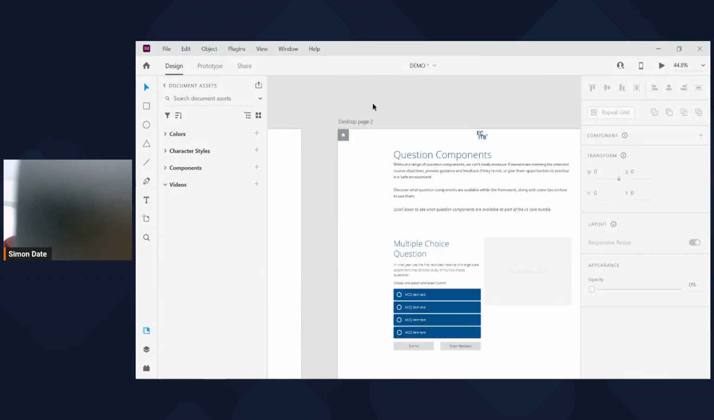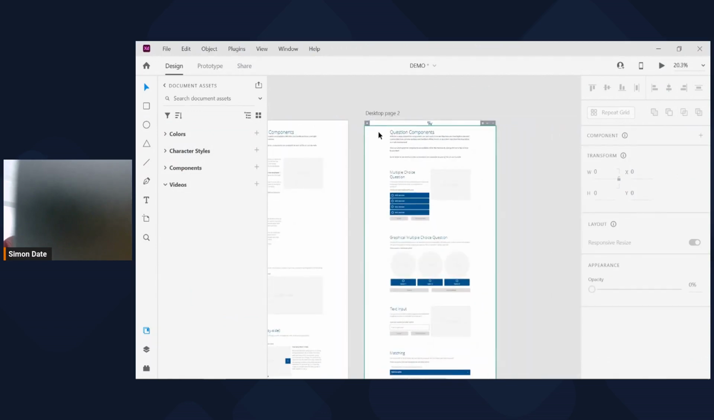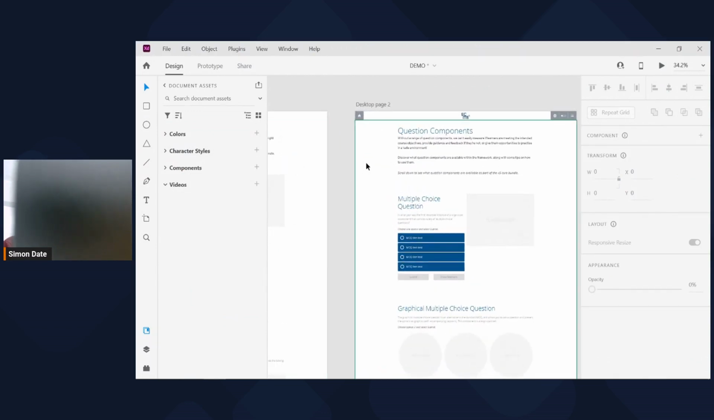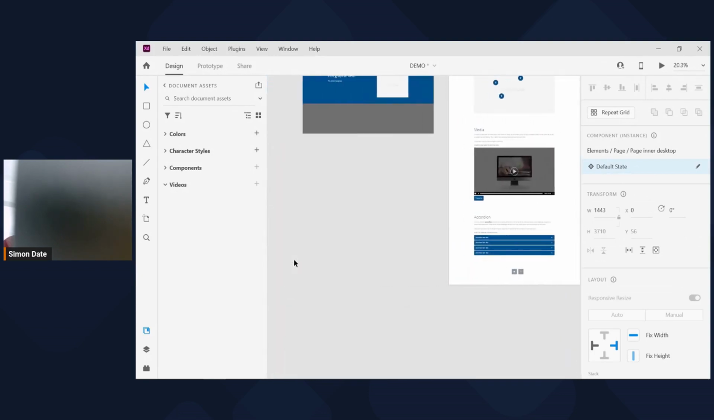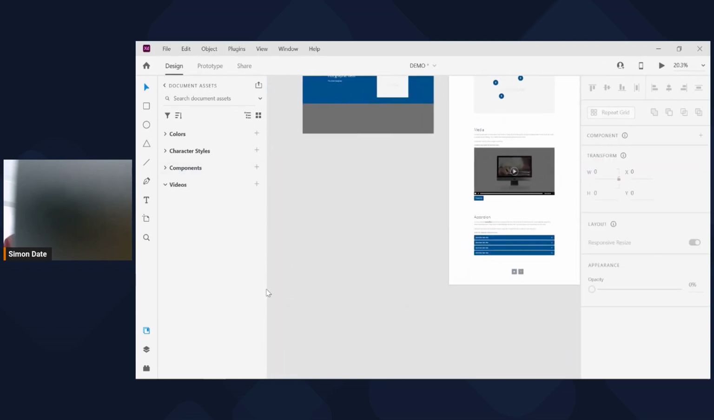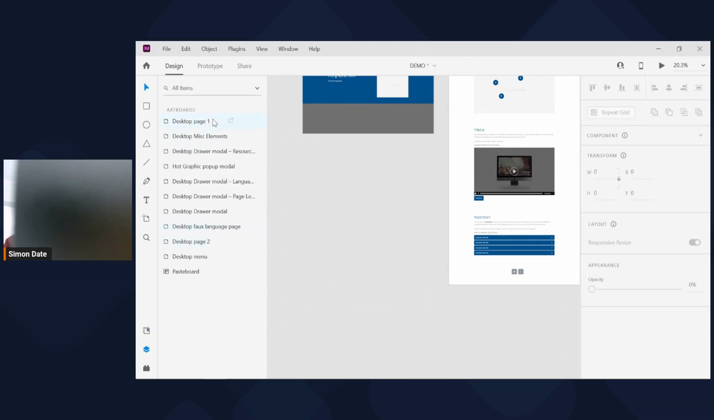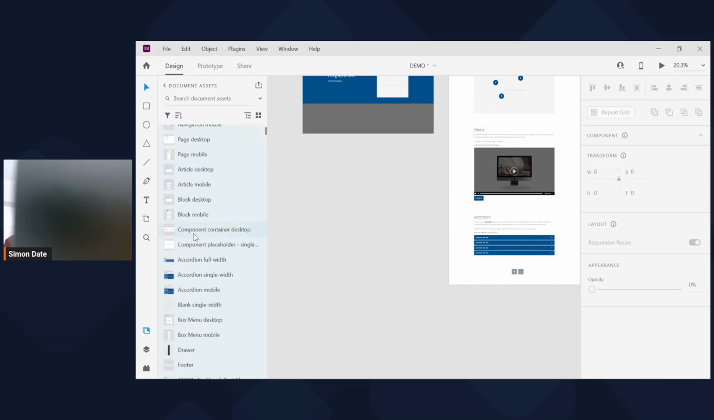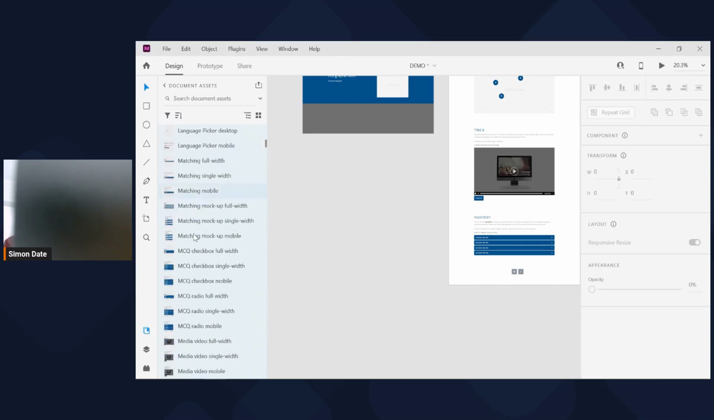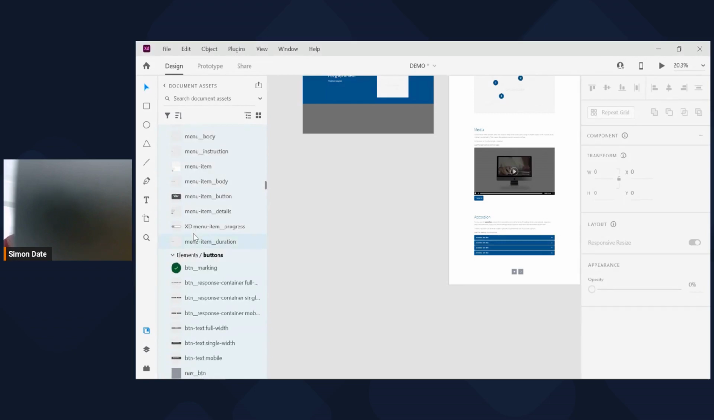So let's say we wanted to add a background image to this page header here. In the same way that we've changed the navigation bar, we would look for the page header element, which is under components. And if we scroll down to